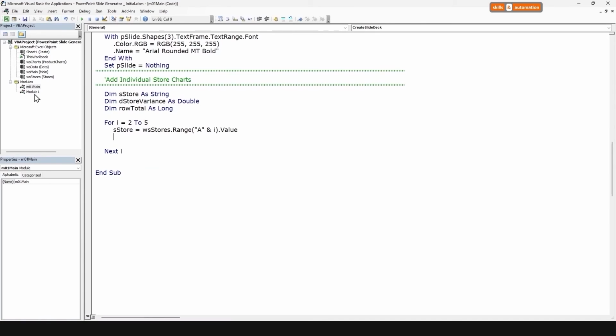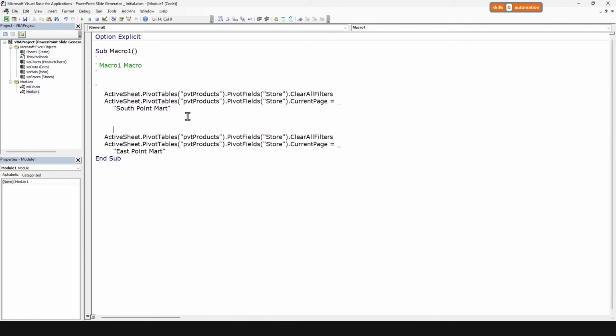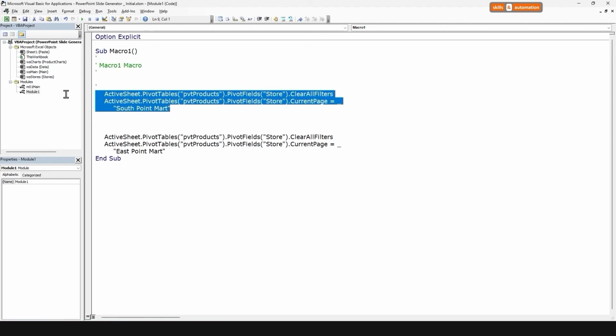The recorded macro will be in a new module. We can see here that the macro has performed two steps. It has first cleared all the filters and then it has set the current page property of the store pivot field to our current store name. So let's copy these two lines of code